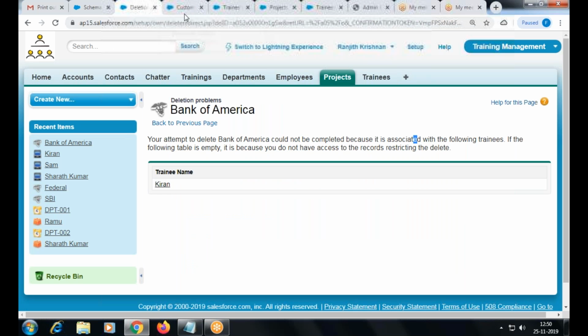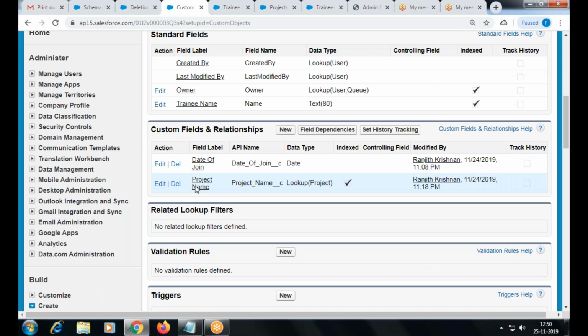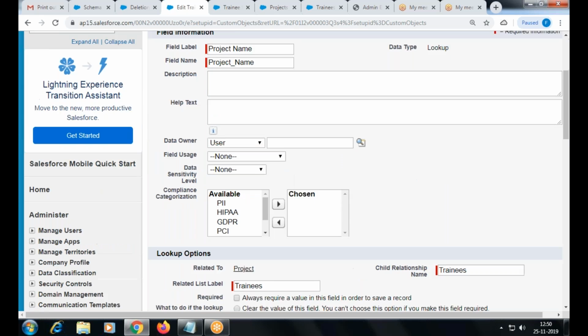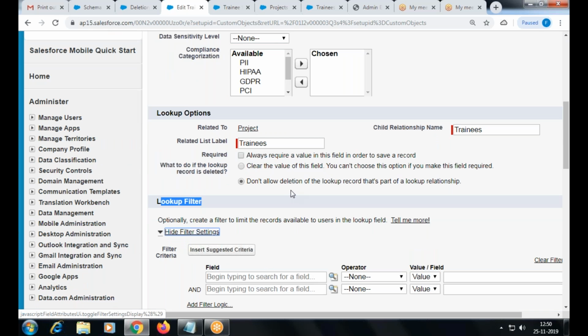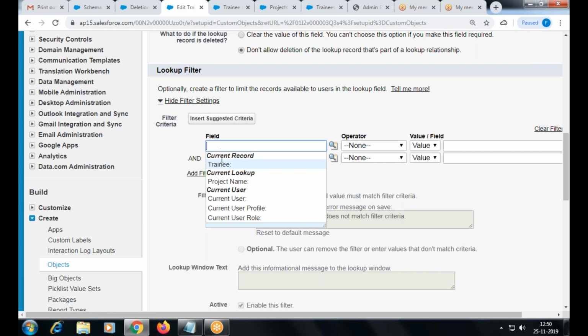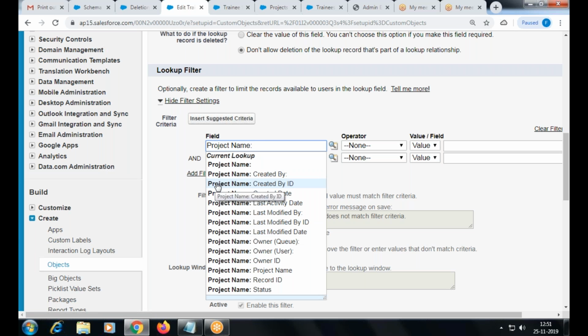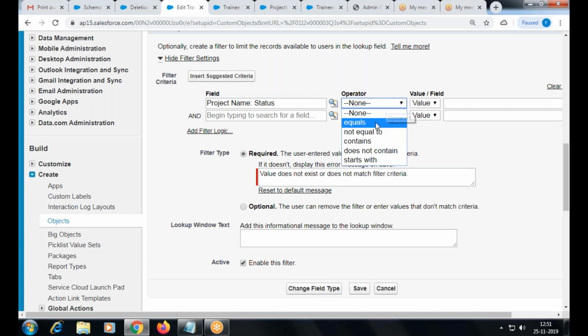In your edit field here, child object, relationship field, edit. So what is the option here? Lookup filter, show the settings. So here you are going to decide: current project name, status equal.